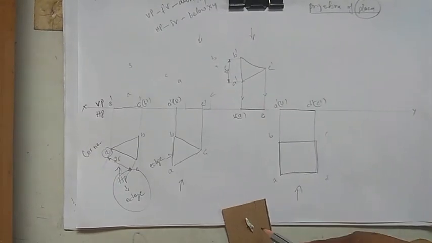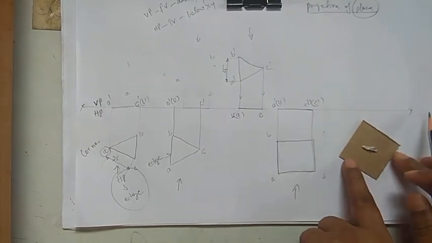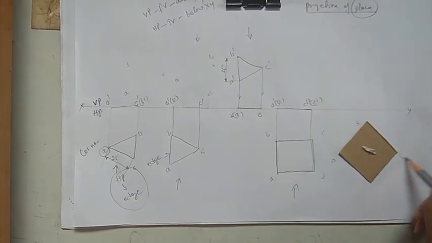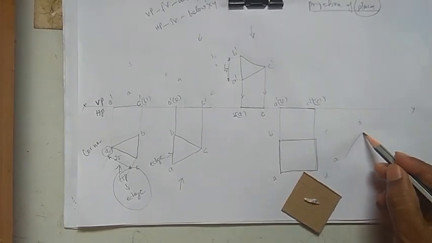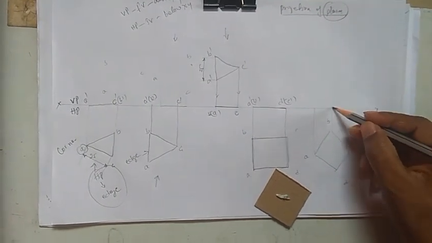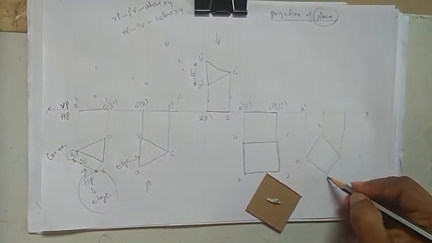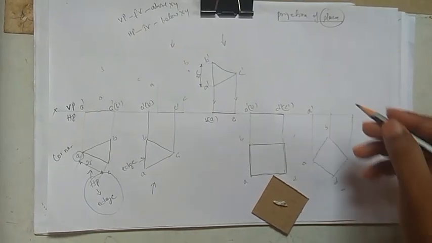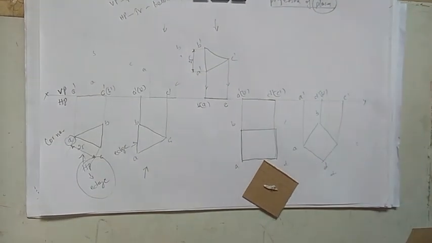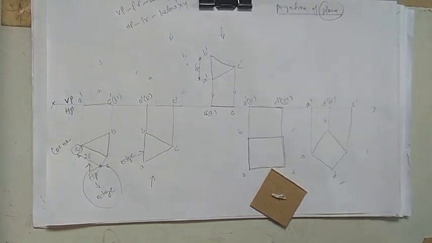So if it is resting on a corner on the HP, the corner will be left side to you like this. Your naming will start from here A, B, C, D, and we'll have a square like this, right? And if you project this one upward, we'll be having 3 corners like this. This A, nothing is there, so A dash. This one we are having D here, B is beyond that one, so D dash in the bracket B dash. And this is C dash. Okay, so this is for a triangle and this is for a square.